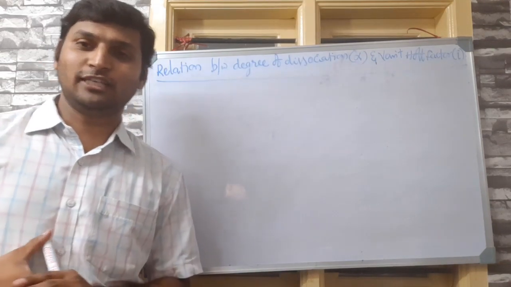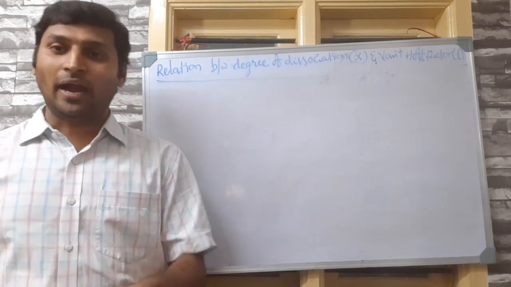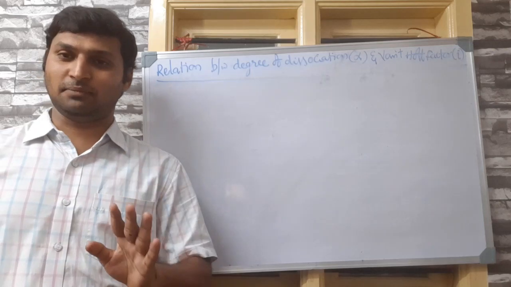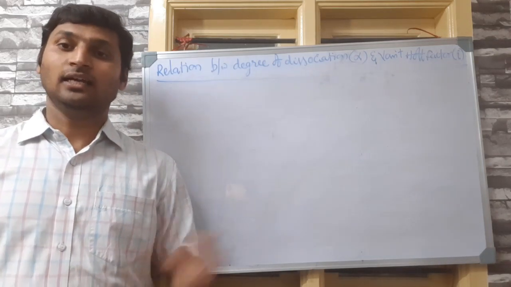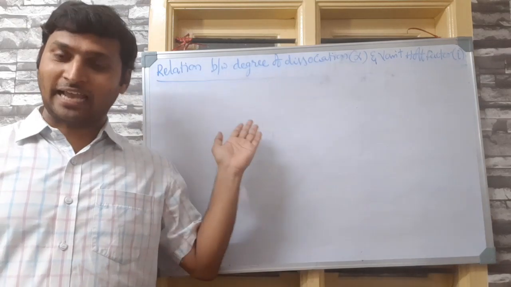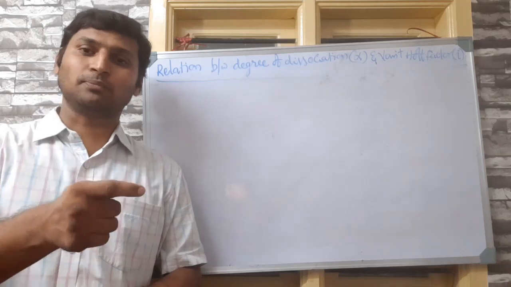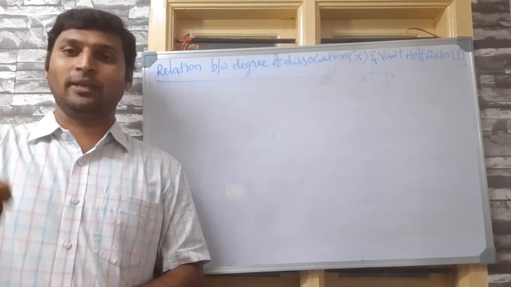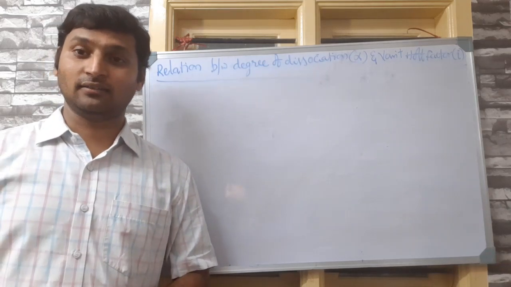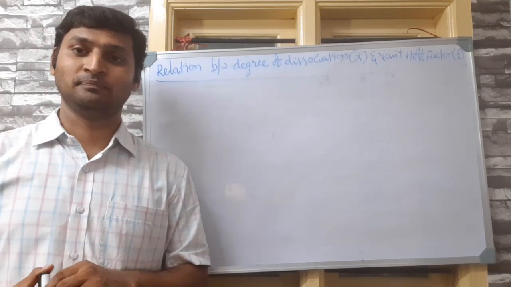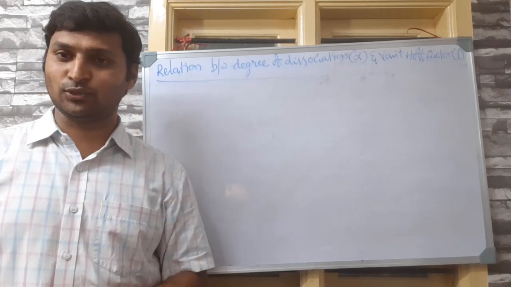See, if the degree of dissociation is 1, that is if the dissociation is 100%, then Van't Hoff factor can be obtained theoretically simply. It will be 2 for KCl, 2 for NaCl, 3 for calcium chloride, 5 for calcium phosphate, as I just gave you. So just understanding each mole of that solute gives how many moles of particles after dissociation, you can tell the Van't Hoff factor if it is 100% dissociation. But I told you practically no solute undergoes 100% dissociation.